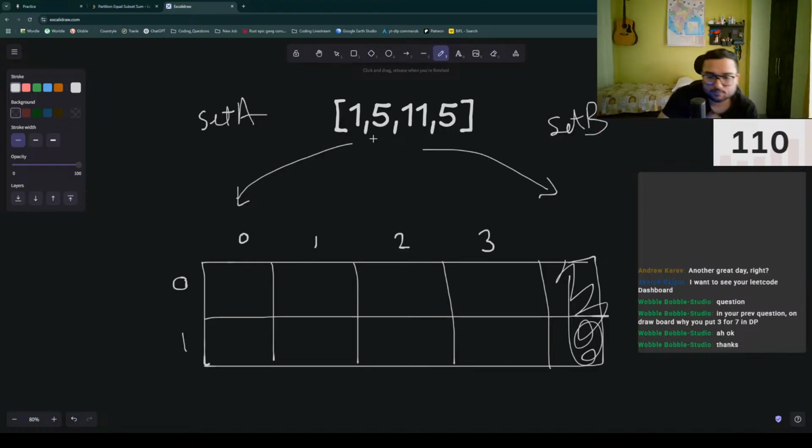Now, what can we do here? Let's say the sum is 22 here now, right? I need to make 11 sum. If I don't include the zeroth element, sum remains 0. If I include it, it remains 1. If I don't include 5,